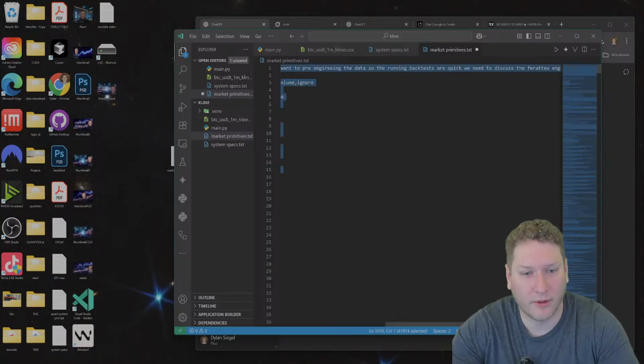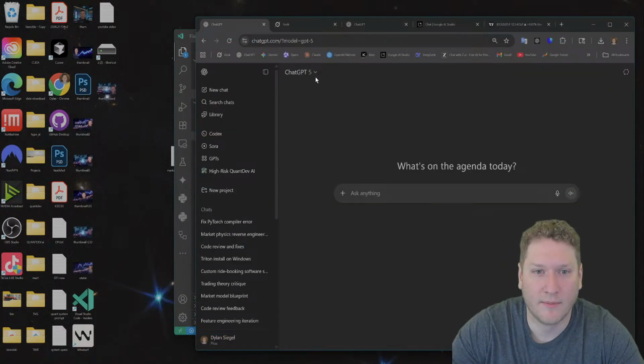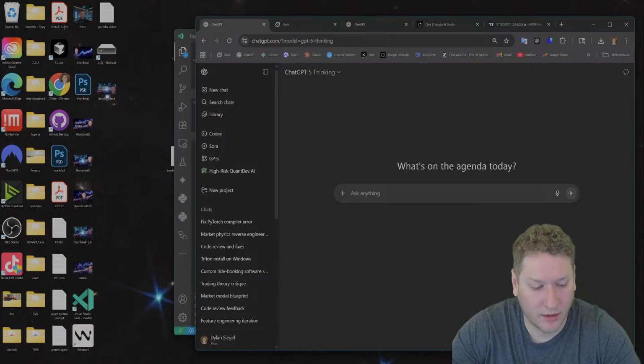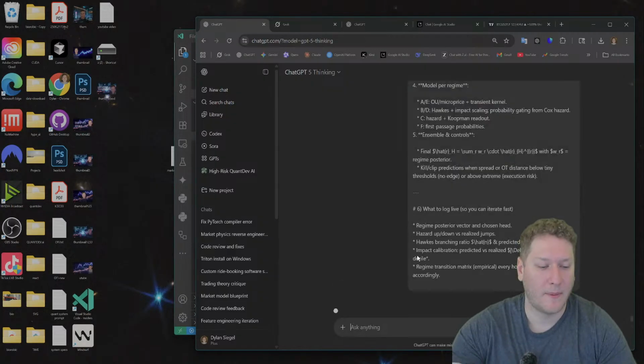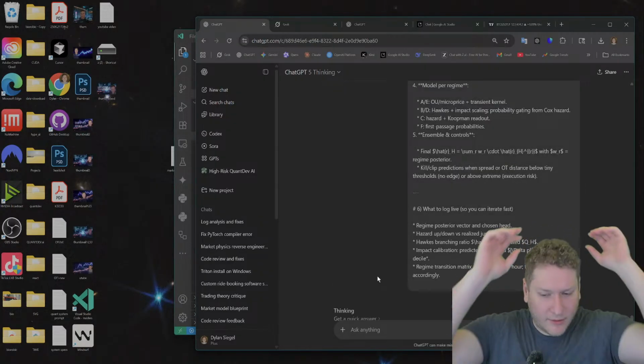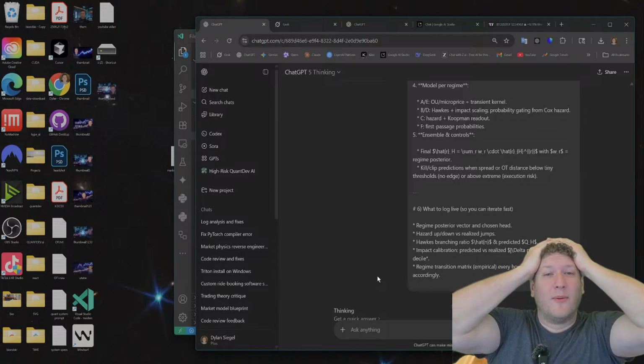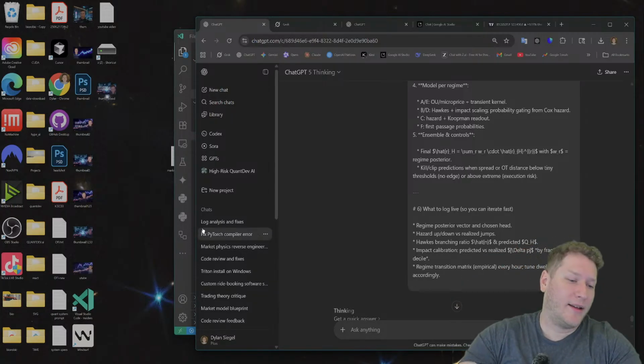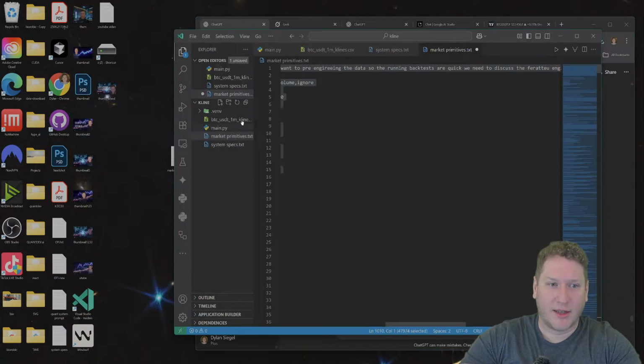All right, so what we're going to do, we're going to go to thinking. I'm going to copy paste that in here. And yeah, we're going to just see what kind of feature engineering we can do with this data.